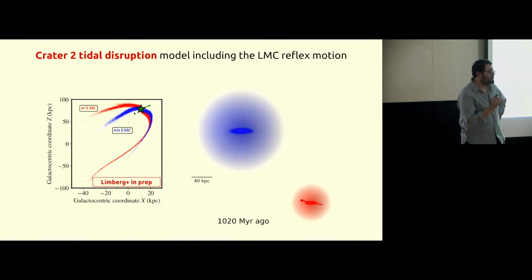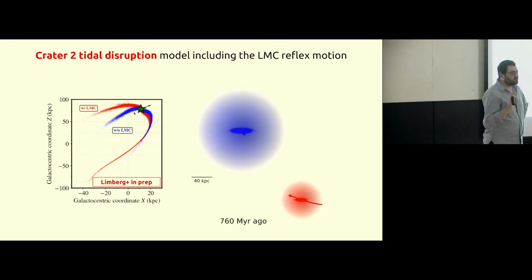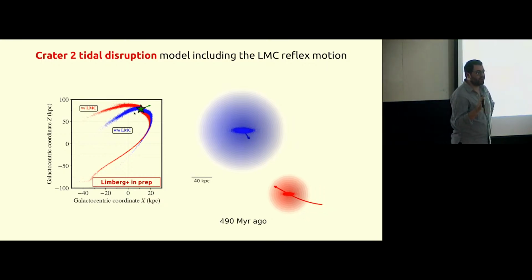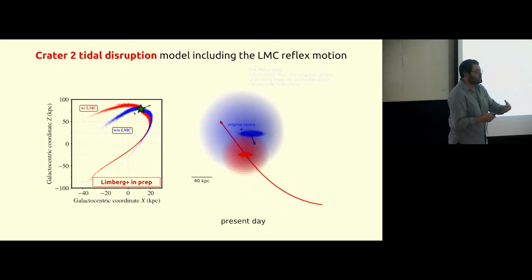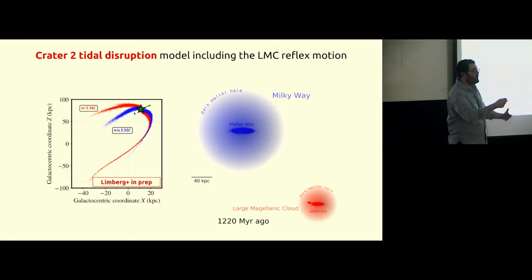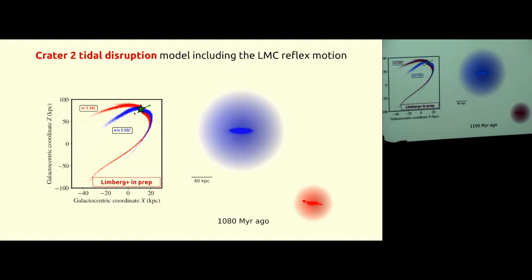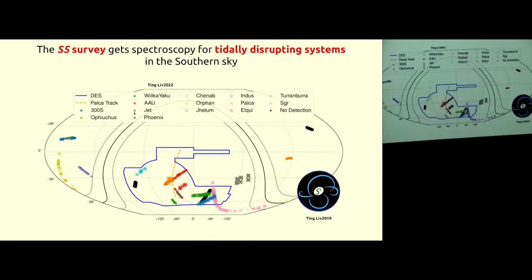So this is one of the major things that has been kind of consolidated with Gaia, though not discovered with Gaia, that the Magellanic Clouds are probably on first infall. This is consistent with this reflex motion that we find in the halo of our galaxy. This is consistent with some perturbations in some stellar streams. That is specifically this one stellar stream, the one right here in purple, which should be right here.